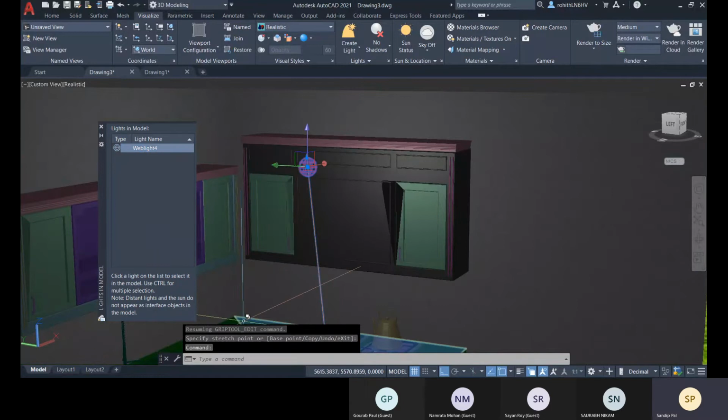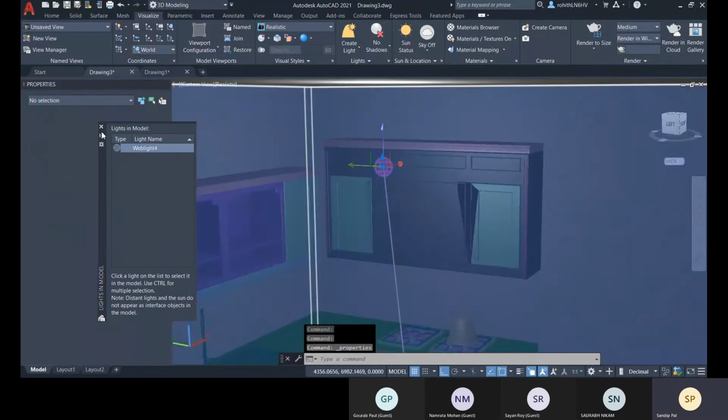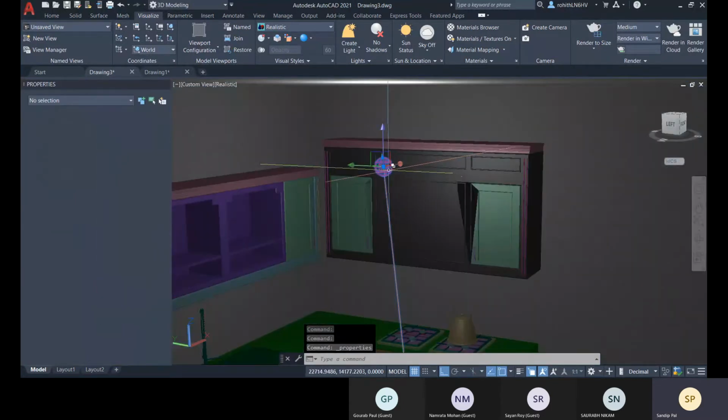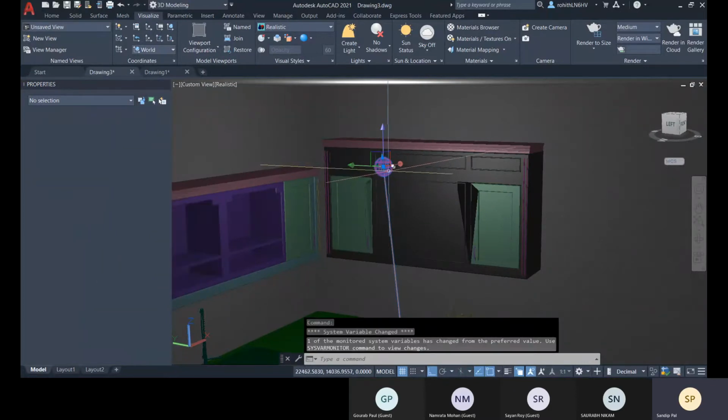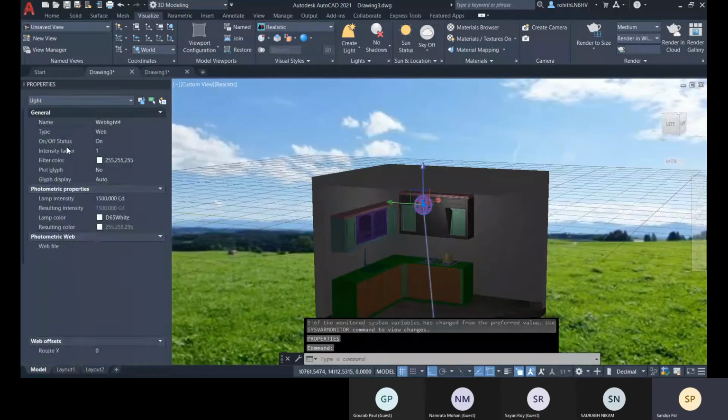Select this light and control 1, and there you can change the property of this light. All right, so now you can change it.